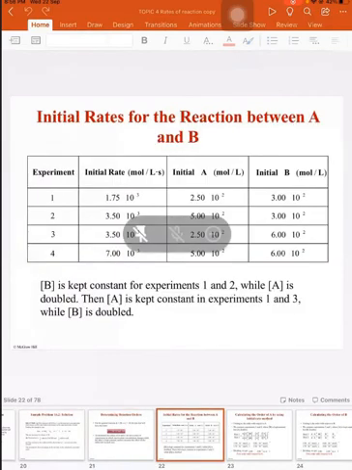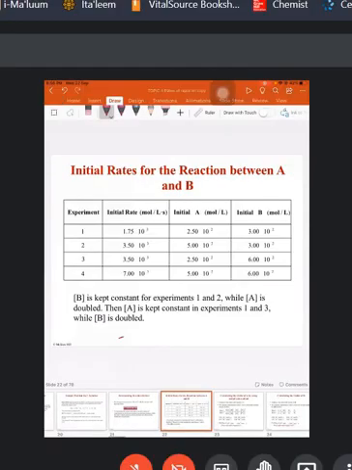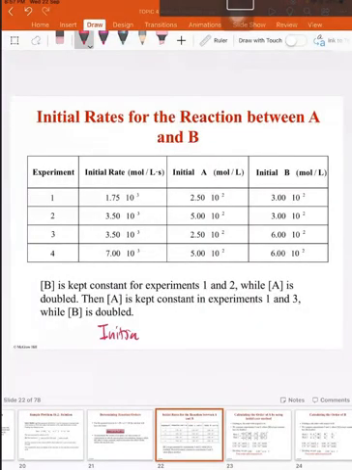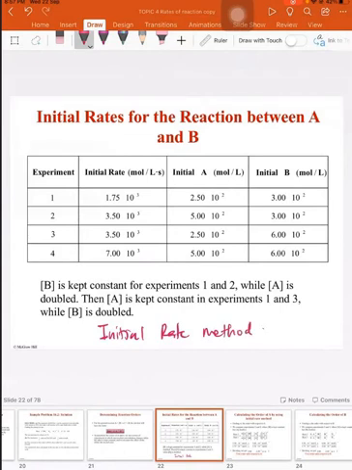So method yang kita guna adalah method yang kita panggil sebagai initial rate method. Okay. And kenapa kita panggil sebagai initial rate method? It is because if you refer to the experimental data, semua yang kita guna ni adalah initial. Kita guna initial rate, and kita guna initial concentration of A, and also initial concentration of B. So that's why kita panggil dia sebagai initial rate method, sebab bila kita guna concentration initial and rate ni,